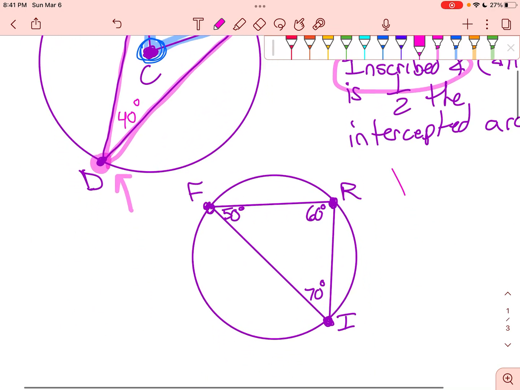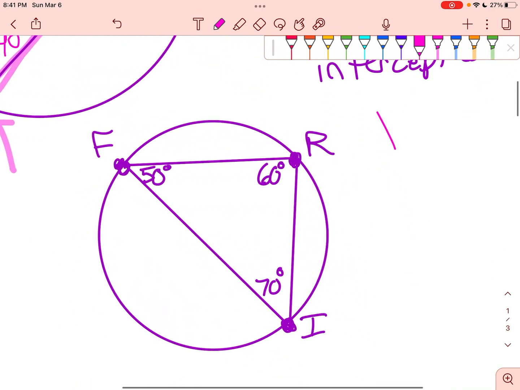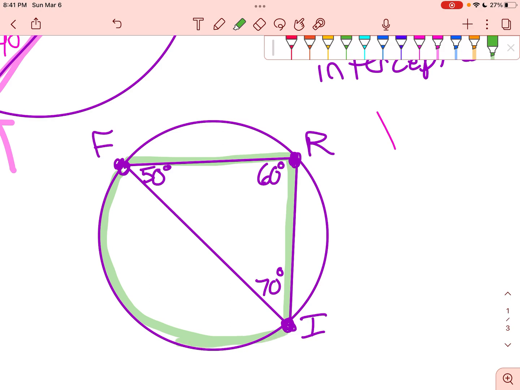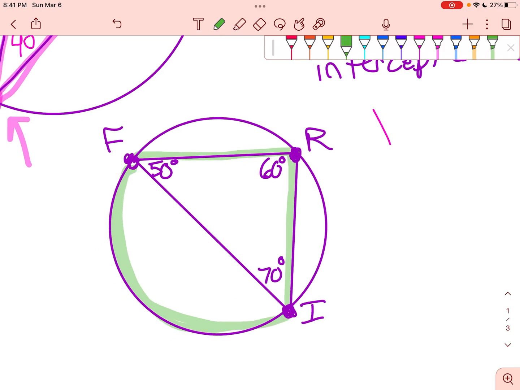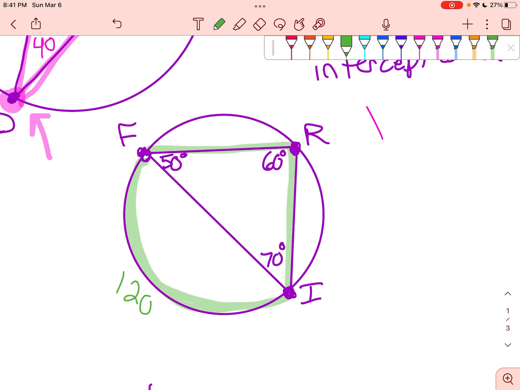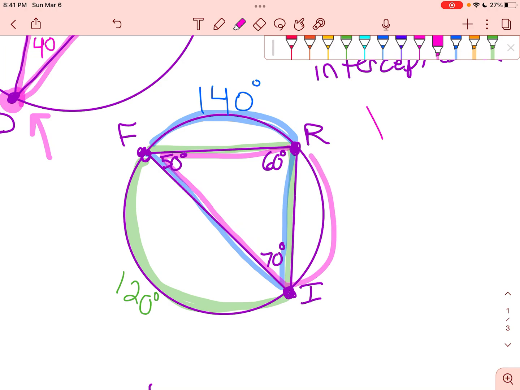And again, we've talked about this, we've proved this. I just want to show you guys once again. If this angle is 60 degrees, we know that the intercepted arc has to be twice as big, again, because it's inscribed. So this has to be 120. If this blue angle is 70, then its intercepted arc has to be twice as large, so 140. And then lastly, if this angle is 50, its intercepted arc right here has to be twice as big, so